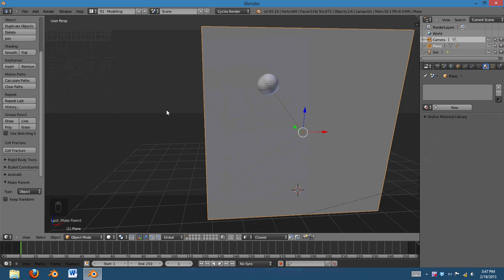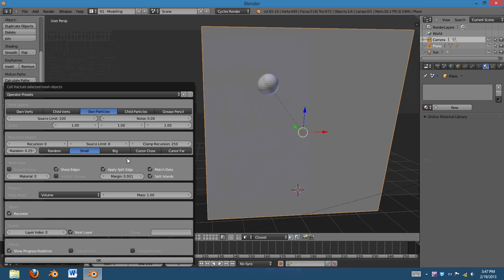Okay, so now to actually fracture it, we're just going to, with that selected, hit cell fracture, and you get a whole bunch of options. Now, thinking about this, the way we want a window to shatter is it kind of shatters around a point, the point of impact of the object that's hitting it. So the closer to that object, the smaller the shards are going to be, and the farther away, the bigger